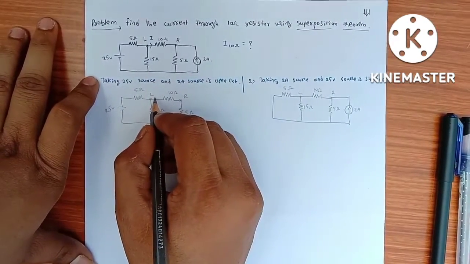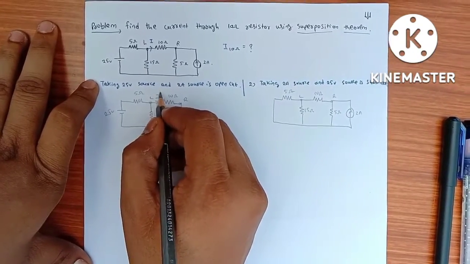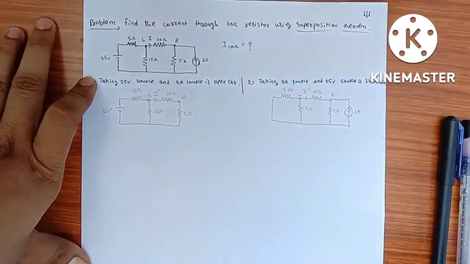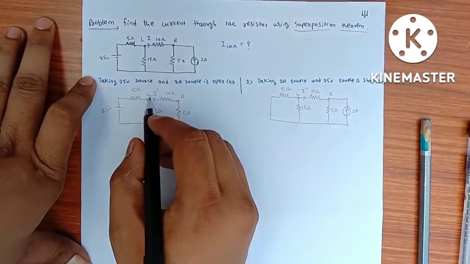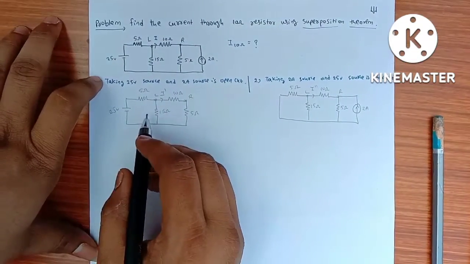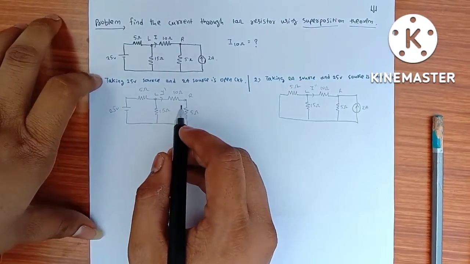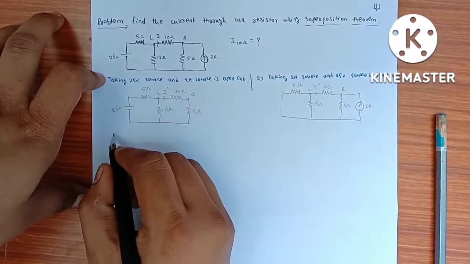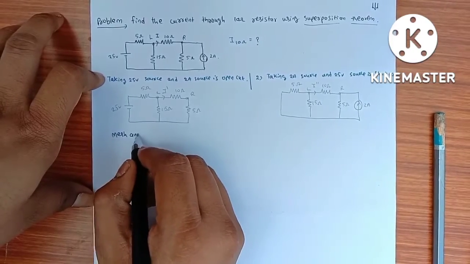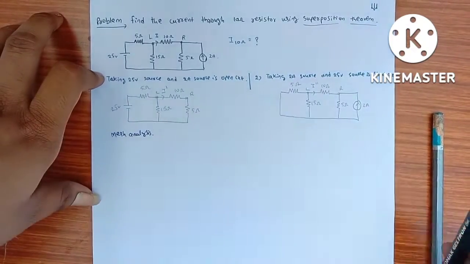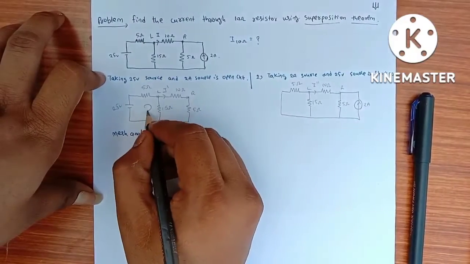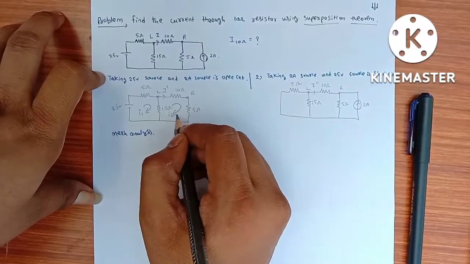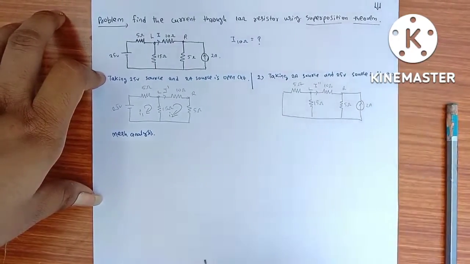Now consider the current flowing through this 10 ohms is I dash and the current flowing through this 10 ohms is I double dash. Now to find I dash, you may use nodal analysis or mesh analysis or anything. Here I am using mesh analysis or loop analysis. So I am considering loop currents. The current in this loop is I1 and this is I2. So from loop 1,